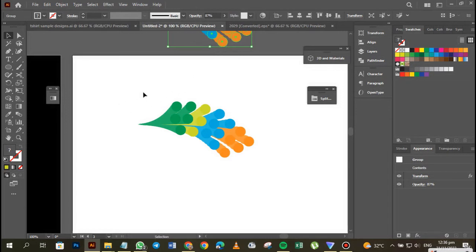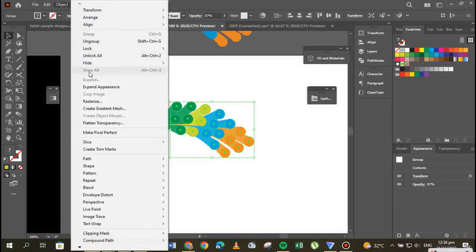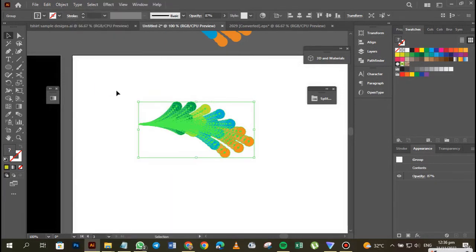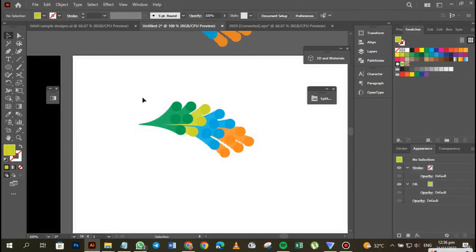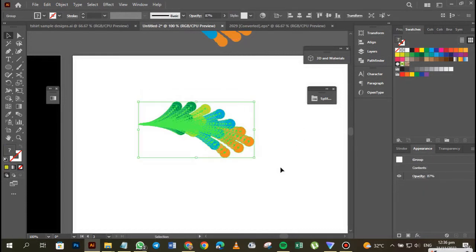So on this guy here, we're going to now go to objects and go to expand appearance. So we've converted this guy. It is no longer a shape. It is no longer just a circle. It is now a vector, right? So that's what expansion means. You're converting it from a line to a vector, or a shape to a vector. So this guy is a vector. It loses the attributes of just circles. So with this guy, I'm going to rotate